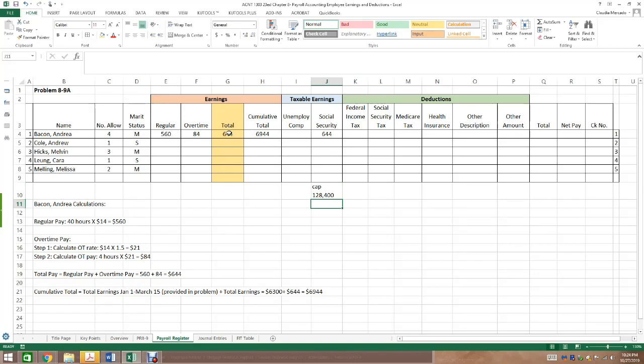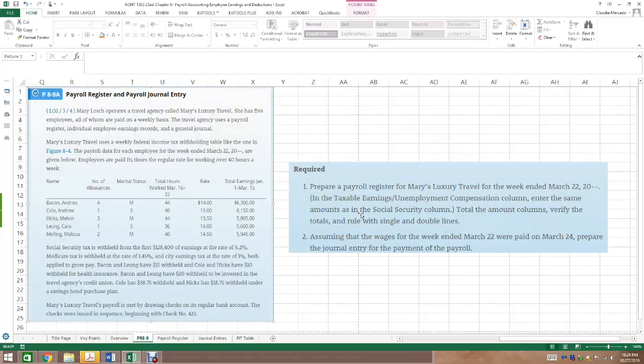Okay? You look at this column. Did I make $128,400 yet? No, I've only made $69.44. So that means that out of the $644 that I made this week, guess what? I'm going to have to pay taxes on the entire thing until I reach my $128,400. Okay? Now, the problem specified right here on the requirements, it says, in the taxable earnings, unemployment compensation column,